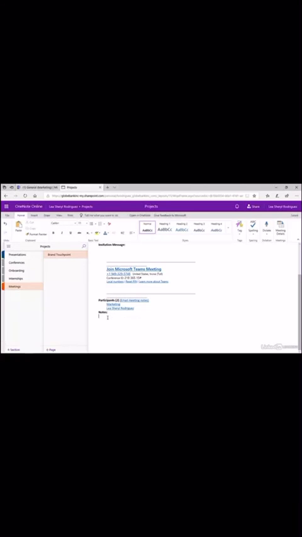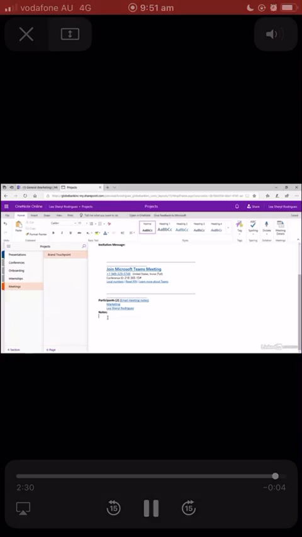And if this is a shared notebook, giving everyone that has access to this notebook the capabilities to see these meeting notes, add their notes to it, and those that have missed the meeting